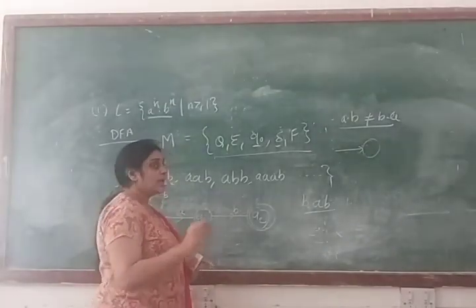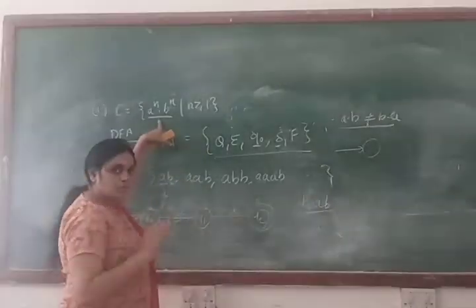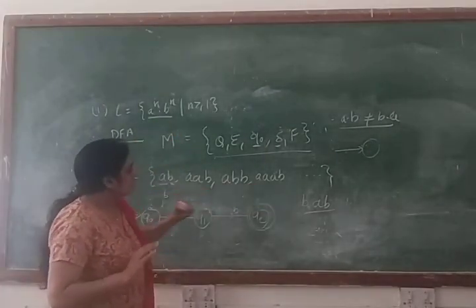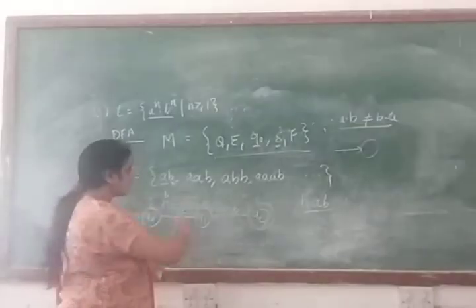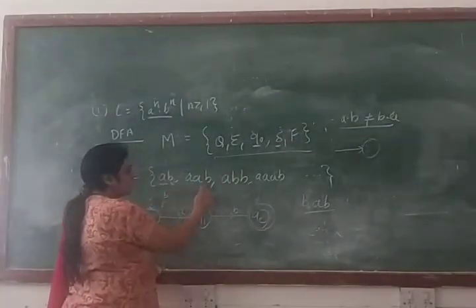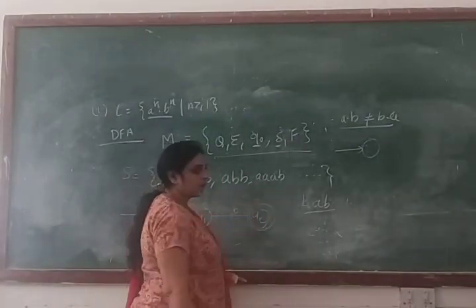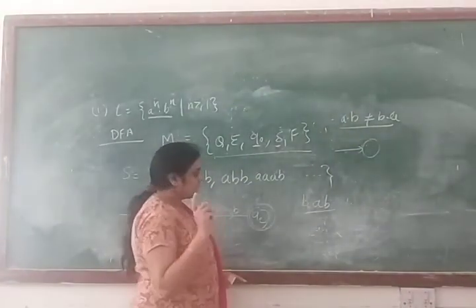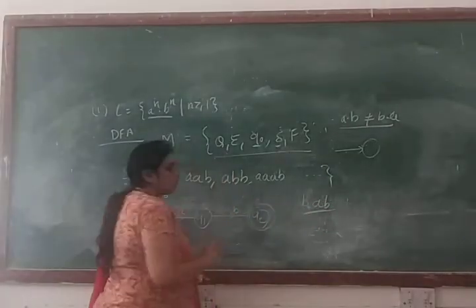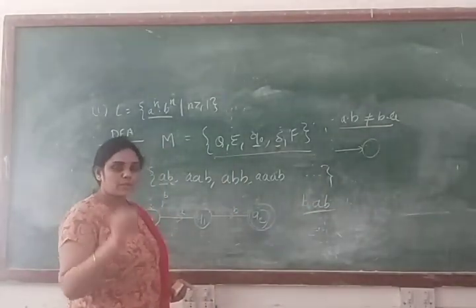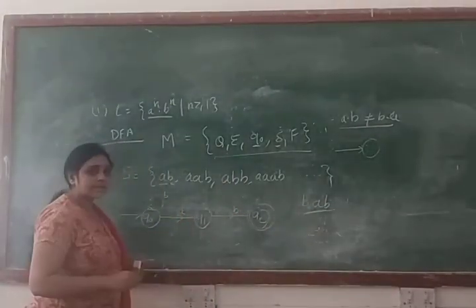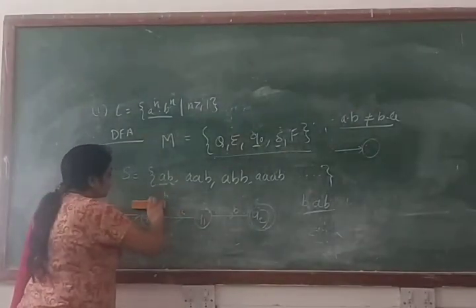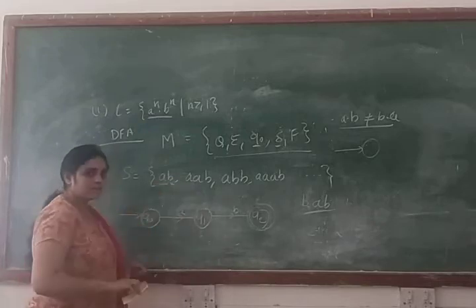So that's why you cannot make any string B followed by A, because this thing represents your language in concatenation form. So every string you make from this language cannot have B followed by A. That means this string is not part of your language. So that's why you cannot make a transition like that. Clear? So you cannot make a transition for the input symbol B in the form of a self loop.